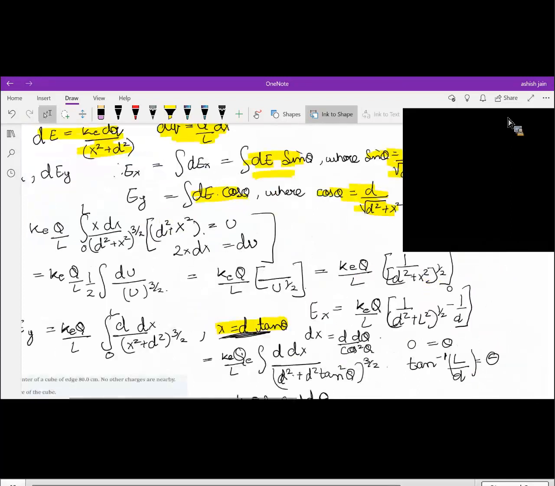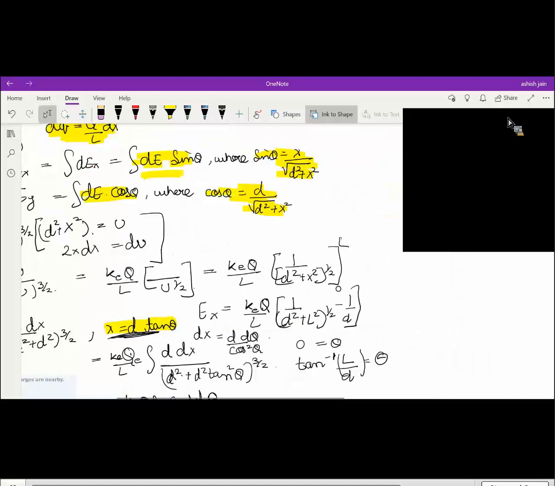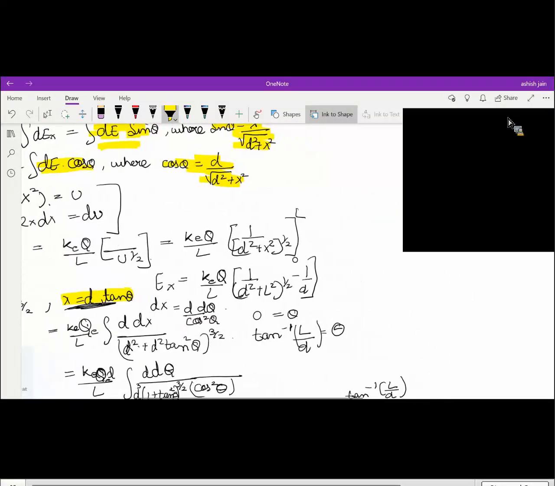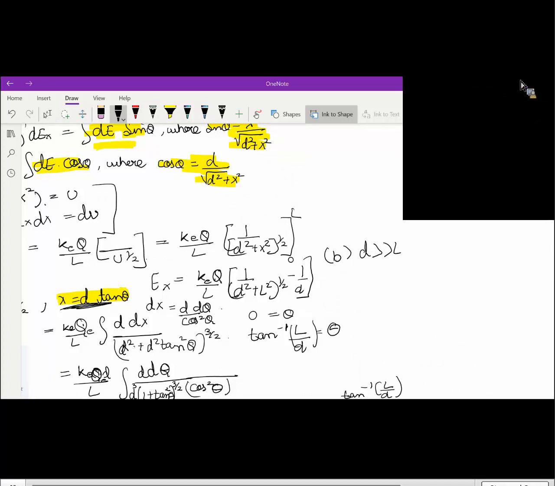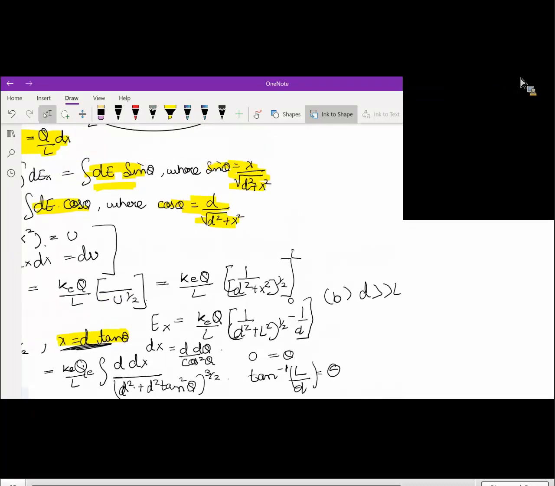So when D is very much greater than L, for the B part of the problem, you substitute it there, and then Ex can be written as